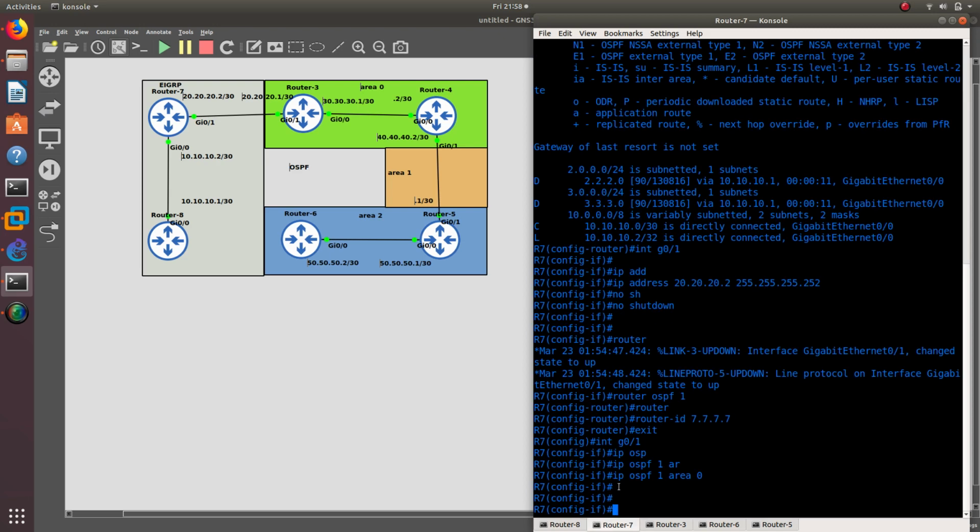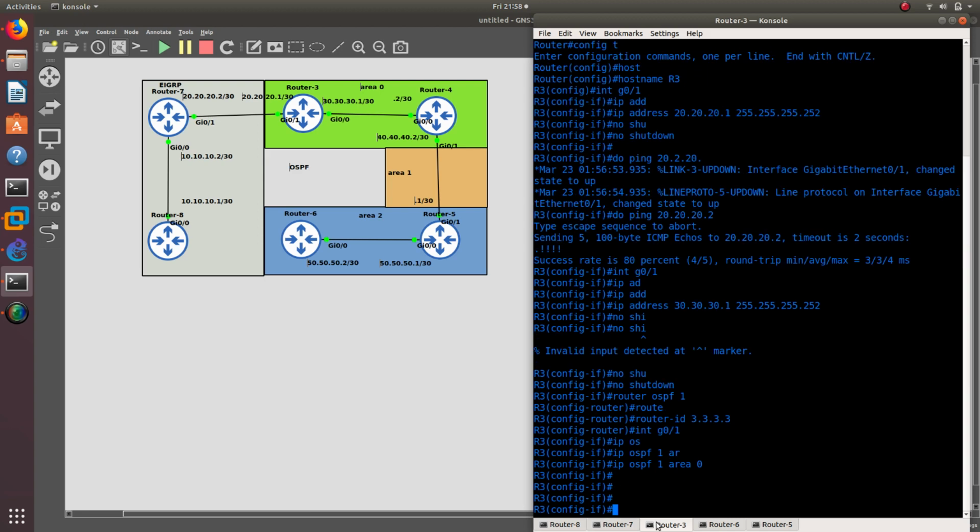Okay, 7 IP area 0, gigabit 0/1. So for gigabit 0/1, okay, so I see what I did. For gigabit 0/1, it's supposed to be 20.20.21, and I configured 30.30.31. All right. So let's go ahead and configure that IP address again,